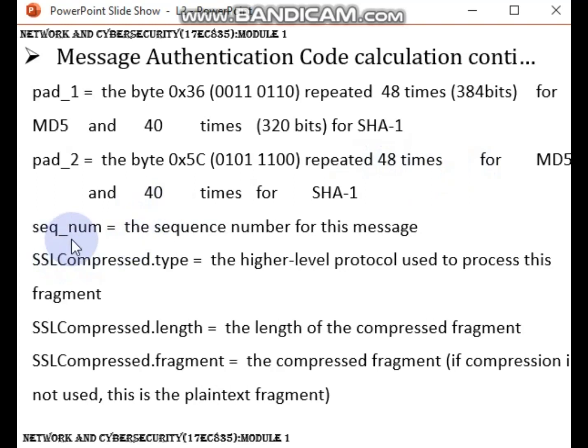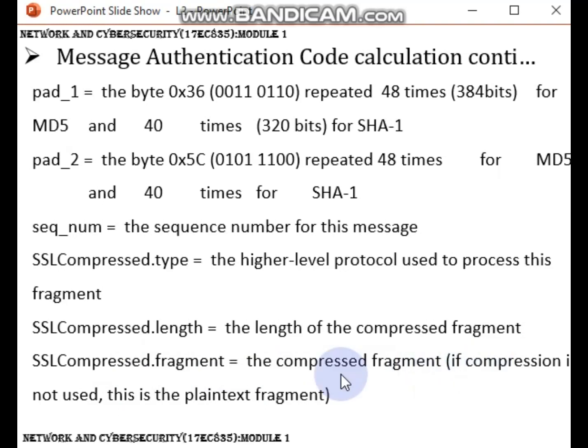Sequence number indicates the sequence number of the message. SSL compressed type indicates the higher level protocol used to process this fragment. SSL compressed length indicates the length of the compressed fragment. SSL compressed fragment indicates the compressed fragment,